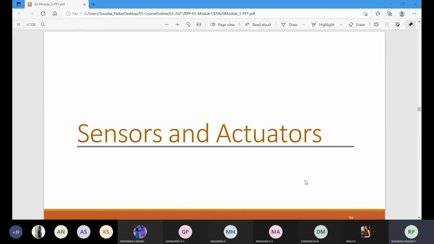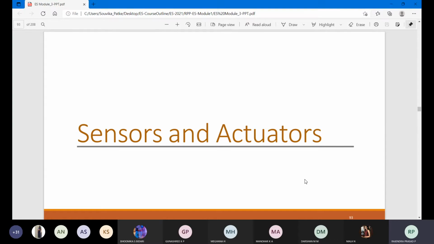Sorry for the interference. We will be discussing in detail these sensors and actuators. Again, this is a short note type of question you can expect in the examination. He will be asking what you mean by a sensor, what the different types of sensors are, how a sensor works, what its function is, what its specification is. All this information we are going to discuss in this part of module 3.